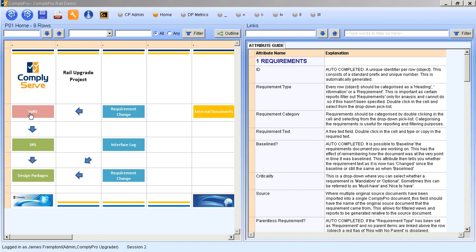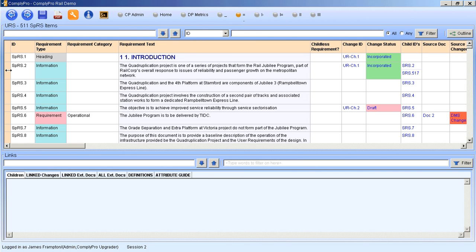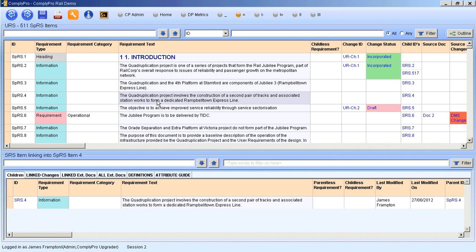Okay, if I go into my sponsor requirement specification first, simply click through to that, and I can see here's my user requirement or sponsor requirement specification. I'll view this in an above-below view. So I've got lots of information and lots of stored attributes, we call them, against the statemented requirement and information text. You can see that where this sponsor requirement set has been brought in and statementized, if you like,